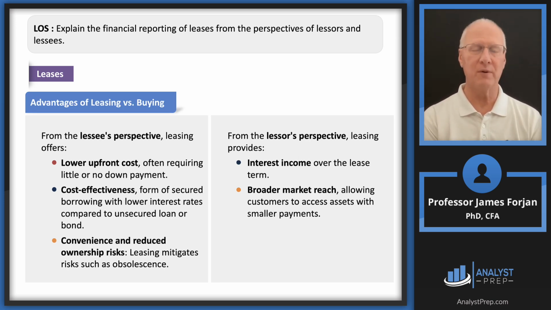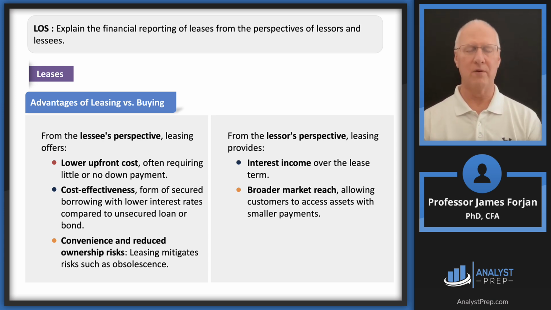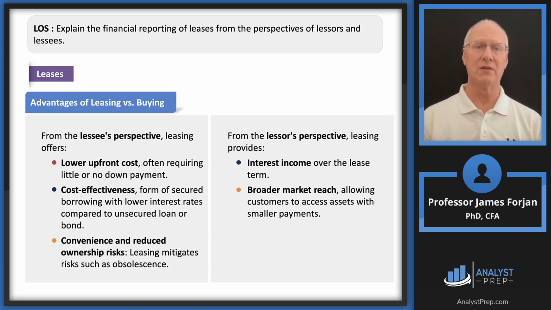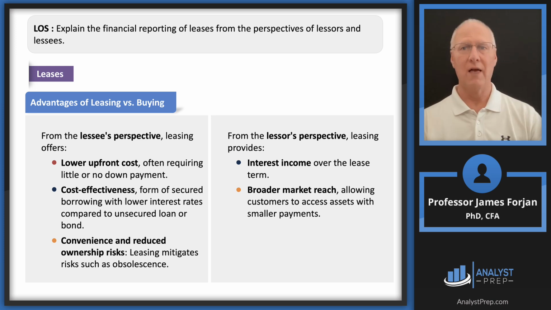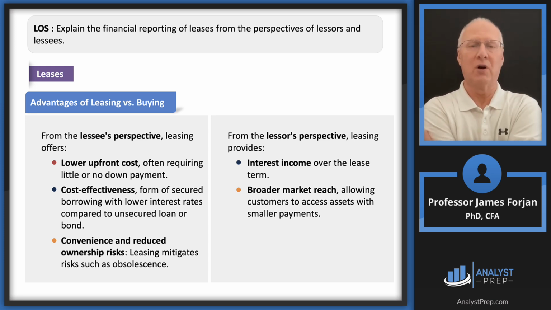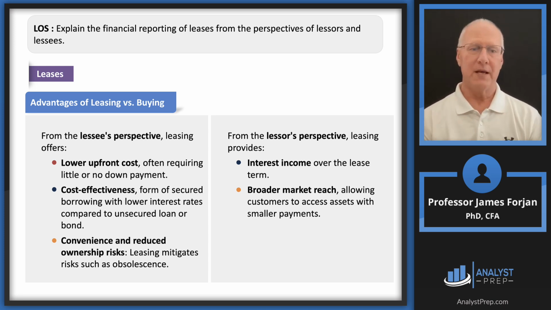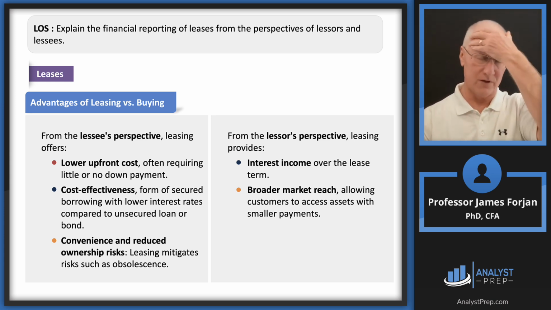Advantages. This is probably a good question, but it seems to me like there's no way you could get this wrong on the exam. You don't have to buy the asset. That makes perfect sense. Lower upfront costs. Remember, we had lots of good discussions on the required return on a bond issue and the required return on a common stock issue. So we computed that weighted average cost of capital. But the idea here with a lease is that because it's secured by an asset, you're probably, I'm not going to say definitely, but you're probably going to get a lower interest rate.